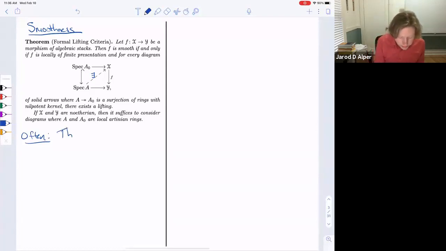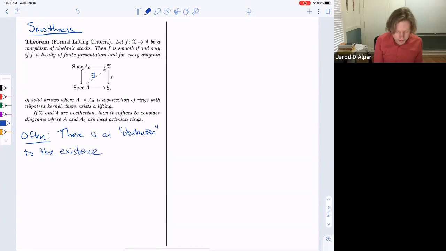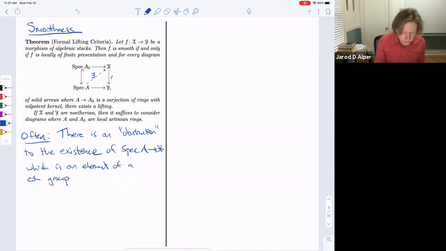Often there's an obstruction to the existence of this lift, which is measured by an element, the obstruction itself is an element of a cohomology group. Right, and maybe I shouldn't say often, maybe I should say always, because